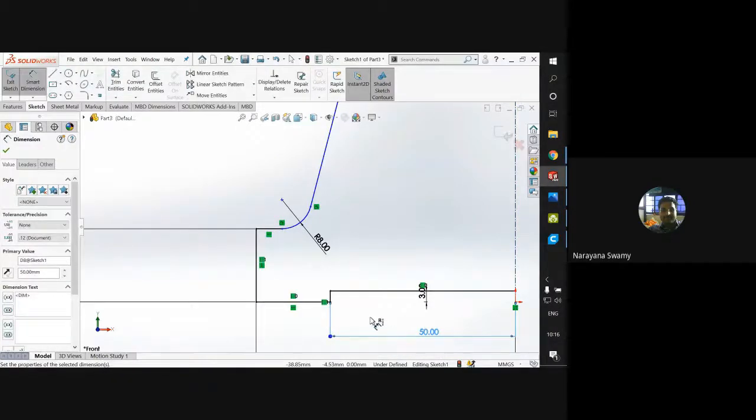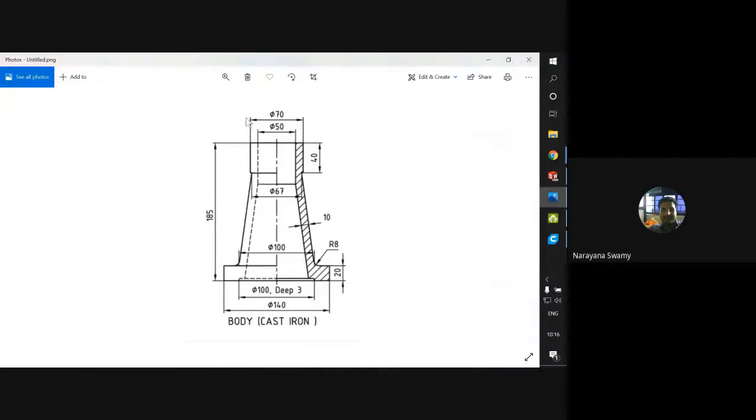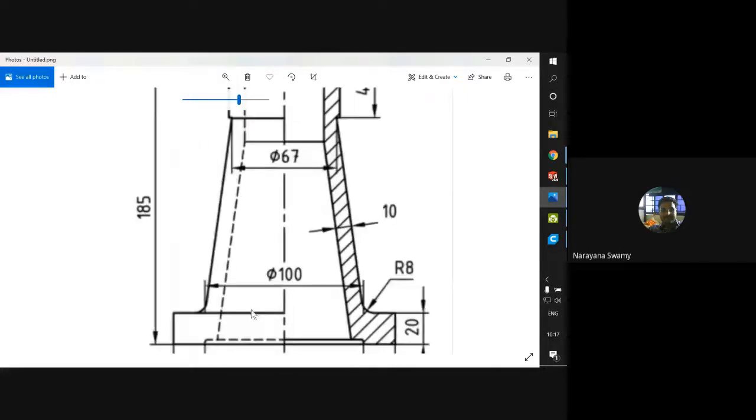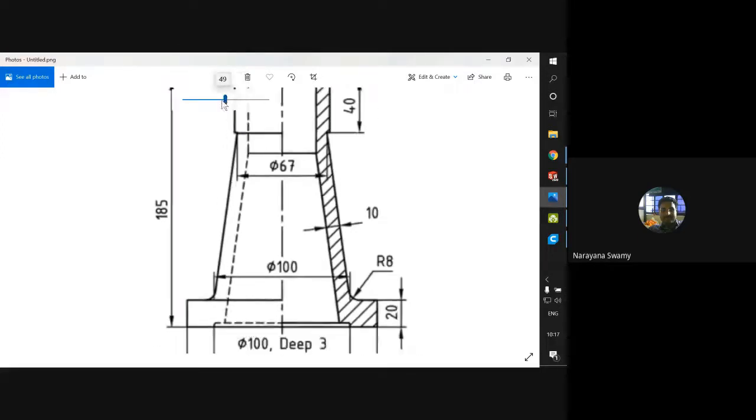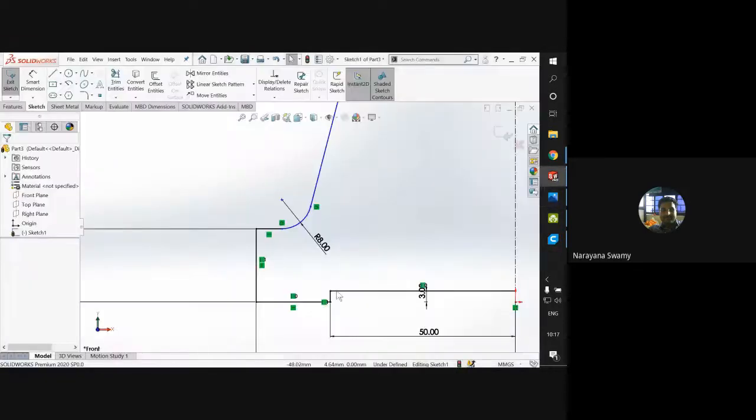Now we can see this is almost done. Now there is a curvature, you can see it here at this point, which we can recognize, but they have not given it. For the dimension which we have taken as 3 mm, the maximum we can give is 2 mm.